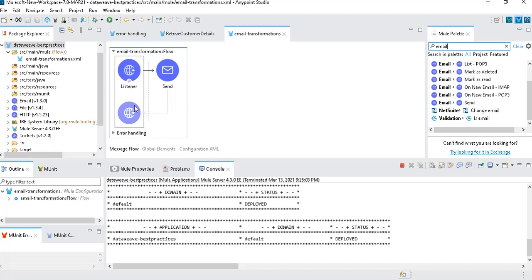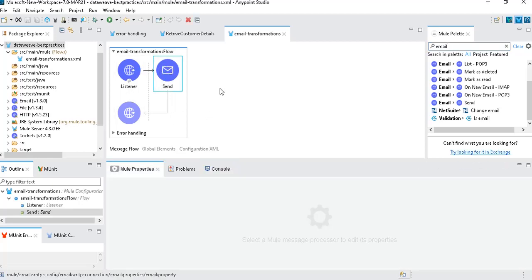I'm just using one HTTP listener, and I have configured it with some port and path to test it. So I'll show you. Let's double click on the send connector. It will open up the properties. I will explain how to configure that by showing the properties.